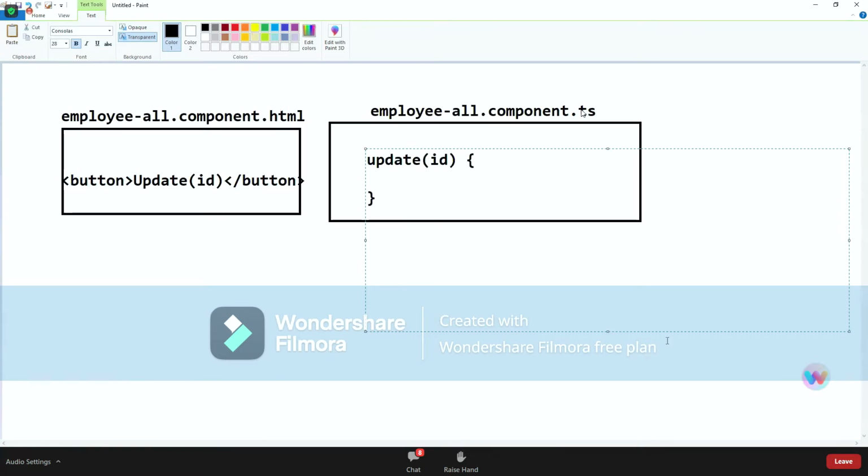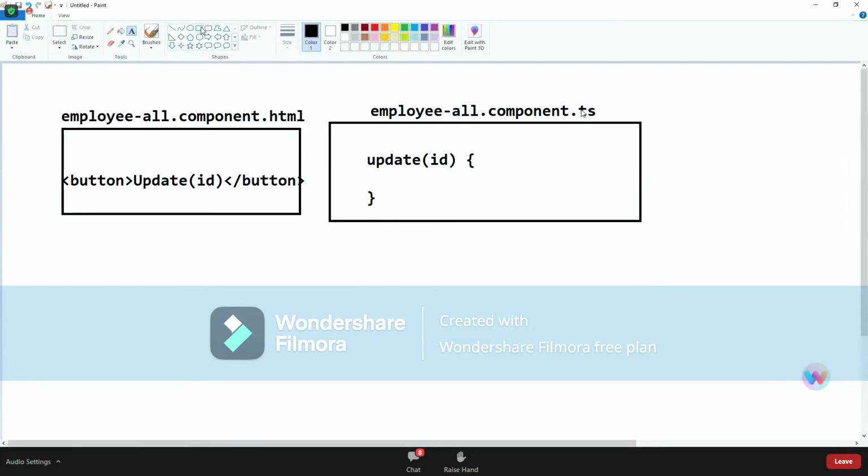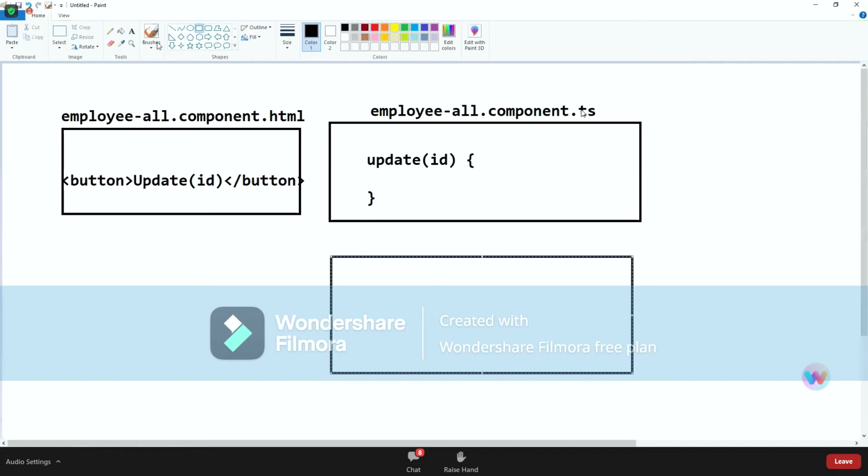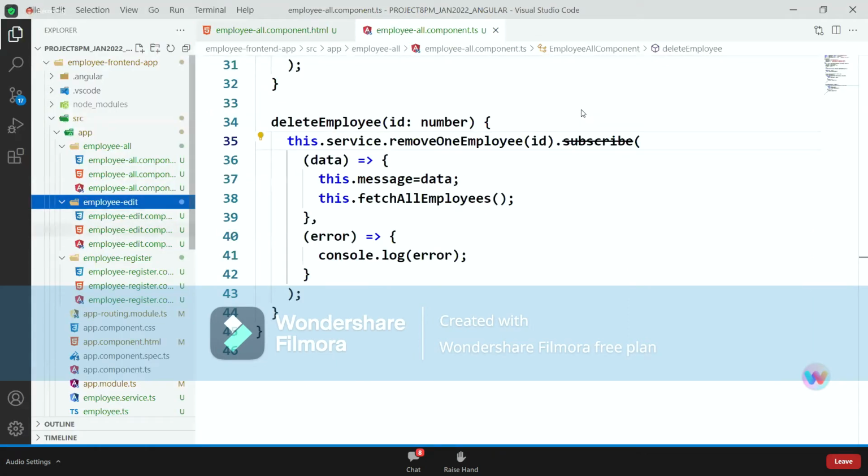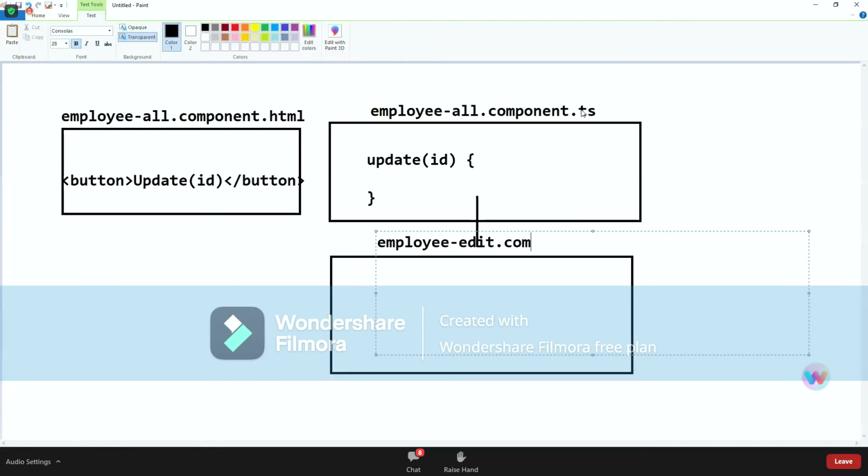But actually, you should go to the edit component. From this component, I'll be redirecting to another component. We have to go to the employee edit component. You can see here, we have to switch to another component. For that, we are going to use a concept called router.